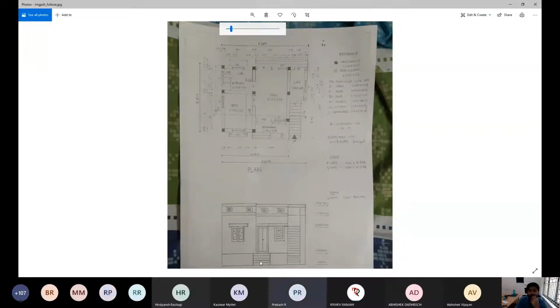Sir, the veranda area is covered. The veranda area will be covered by the roof, so only 3 steps are visible from the top view. So what is the extension of the roof then? Did you assume it or not? Normally a roof extension should be there. It may be maximum 10 to 12 centimeters, or 10 to 15 centimeters.